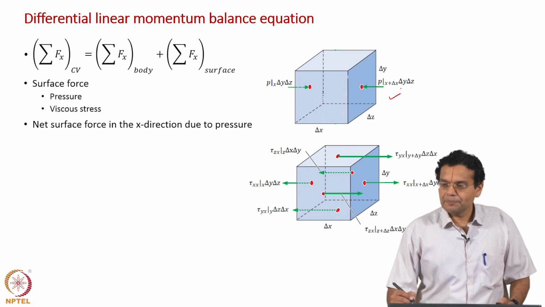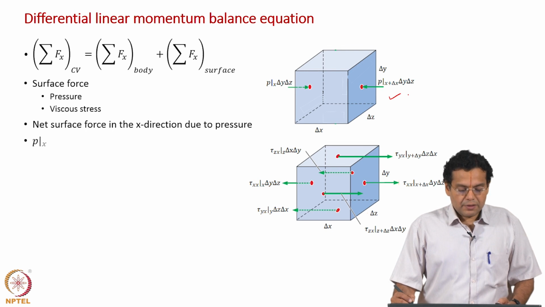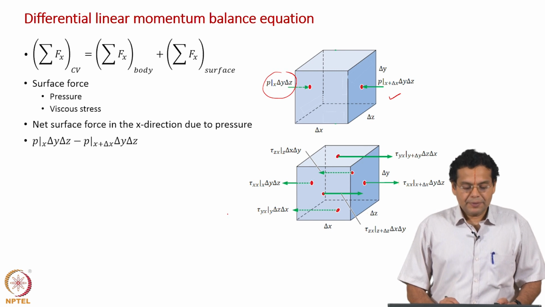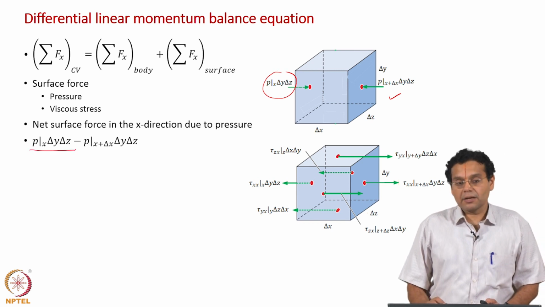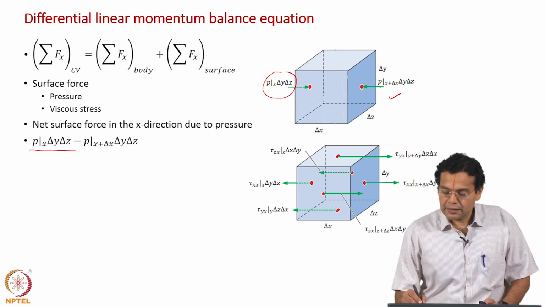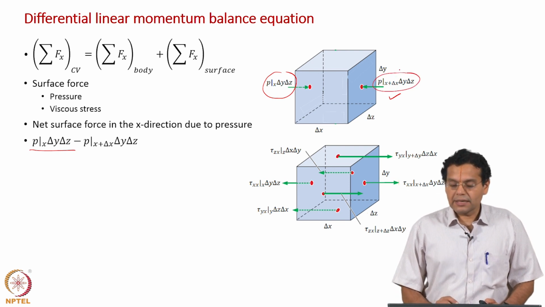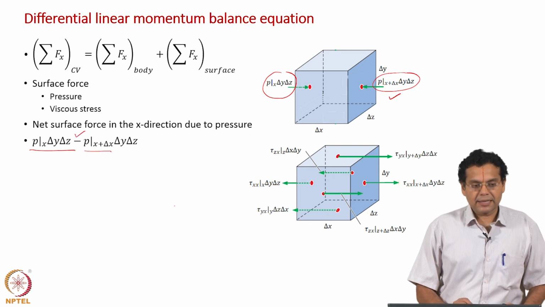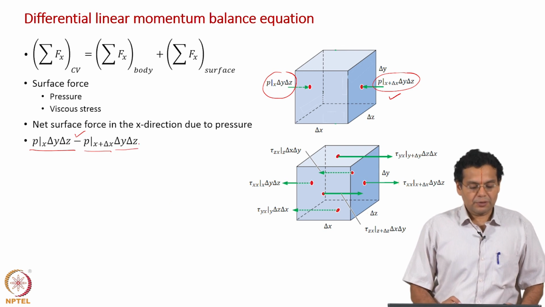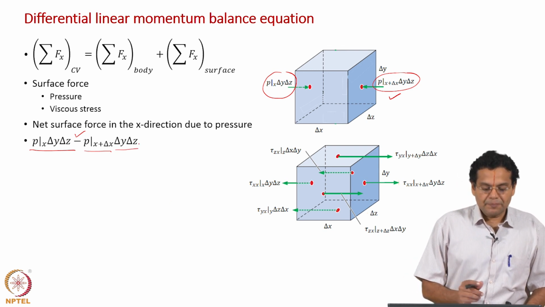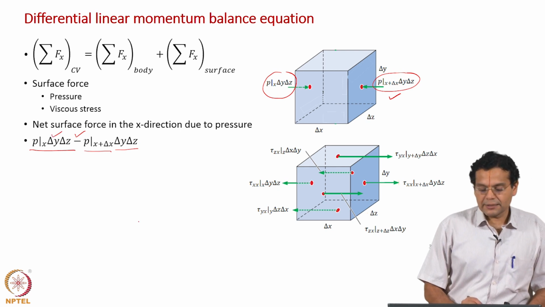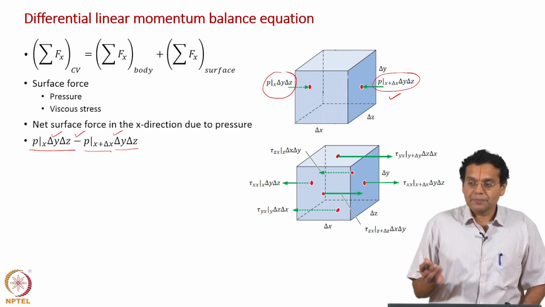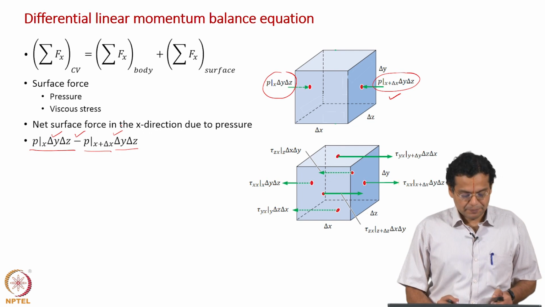Take this control volume, okay, and Px, P evaluated at x multiplied by area is a positive force because it is active along positive x axis, and right hand side the force is along negative x axis. So, we have minus P here, and now P evaluated x plus delta x multiplied by delta y delta z. So, that is why it says net surface force, this is along positive x axis, this term is along negative x axis, that is why we say net surface force in the x direction due to pressure. Now,